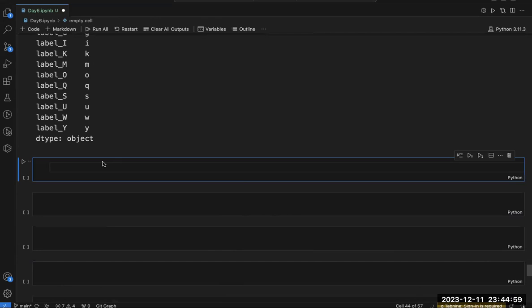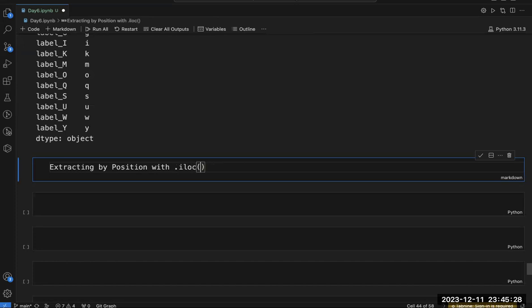So one thing is extracting by position with .iloc.